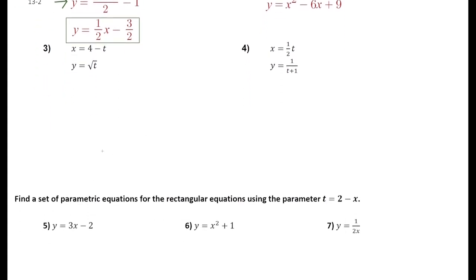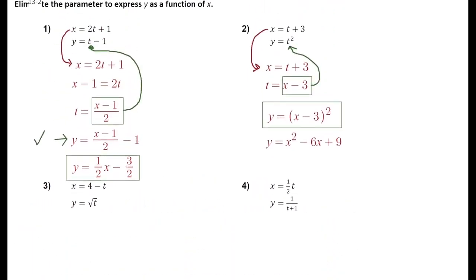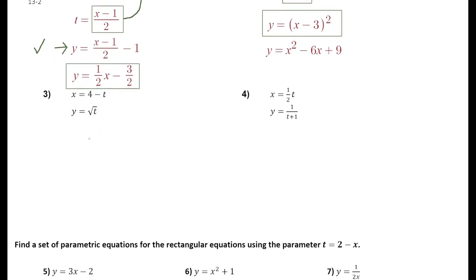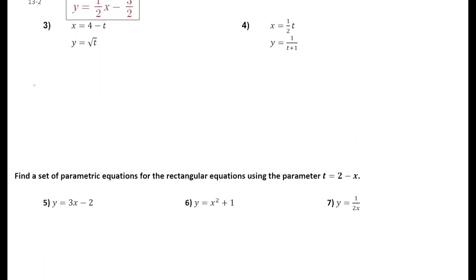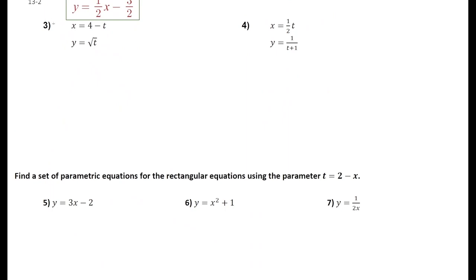We're going to use the same sort of strategy, but it doesn't look like this is going to be quite as straightforward as far as what equation it turns out to be, but let's see how it turns out. So we're going to rearrange this first equation just like we did on 1 and 2. In fact, let me stay consistent with the color here. So we started with x equals 4 minus t,